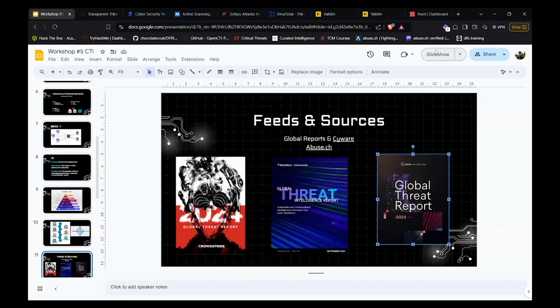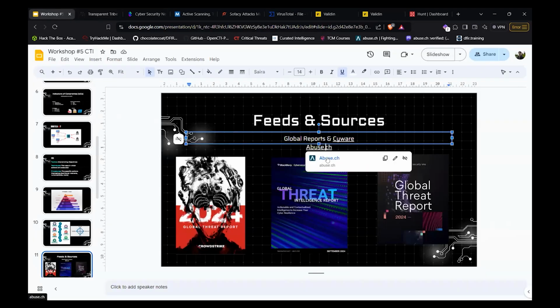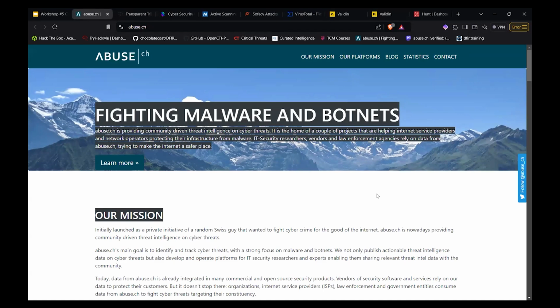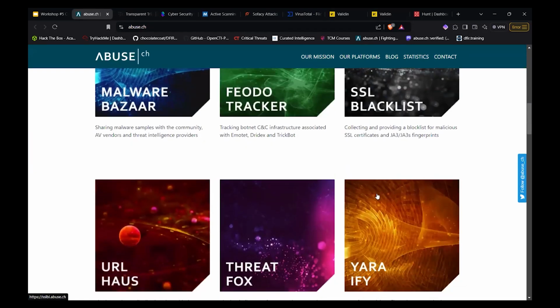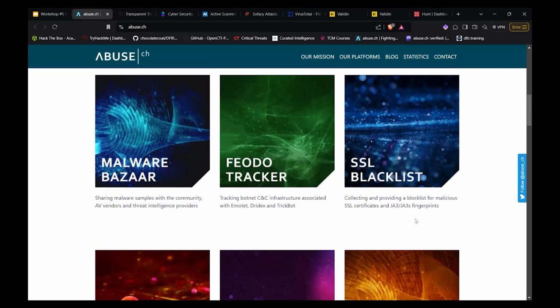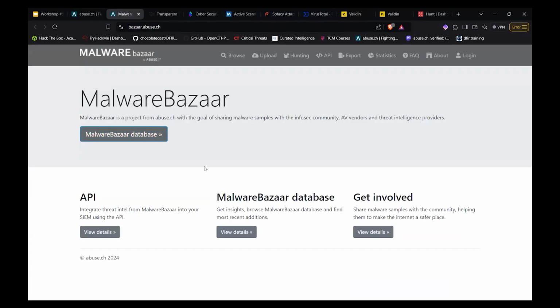And also, one more feed that I want to touch on is Abuse CH. So this is actually not one platform, but it's split up into 6. And again, like most things here, it's not solely for threat intelligence, but there's a few really cool things here. The most common one I've seen used, and the one I'm most familiar with, is Malware Bazaar. Literally, you could just go here and I'm